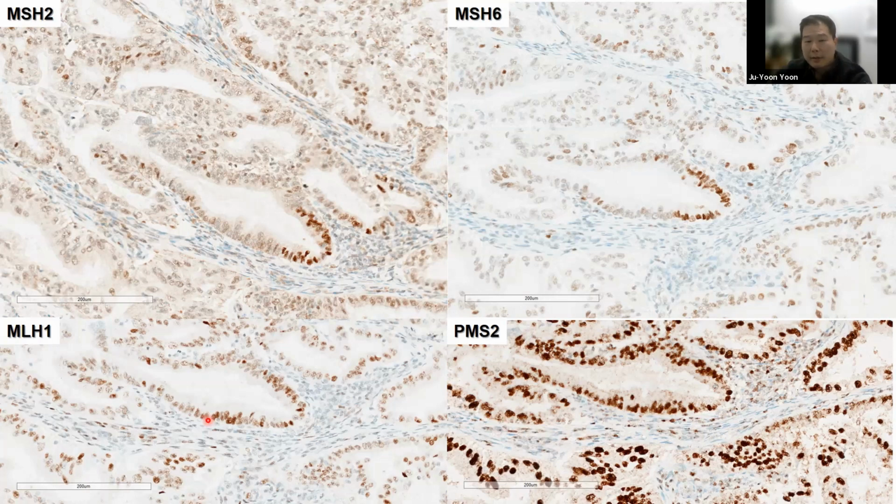Certainly, if you go back to some of the papers that I showed you earlier, you can see this subclonal pattern in cases with MLH1 promoter methylation. But as a surgical pathologist, this is one of the cases that I'd be a little more careful with. You could even make the argument that you could potentially defer full interpretation of MMR proteins until you have the molecular correlates, but it is highly suggestive of a subclonal pattern.